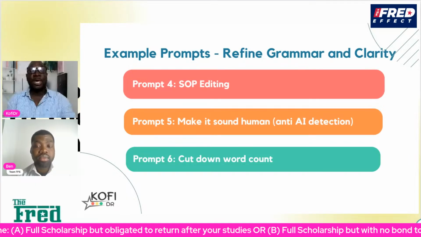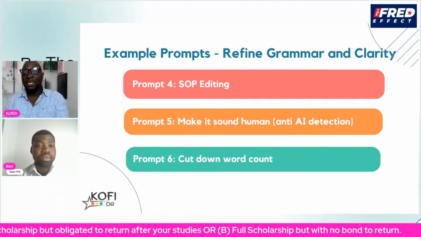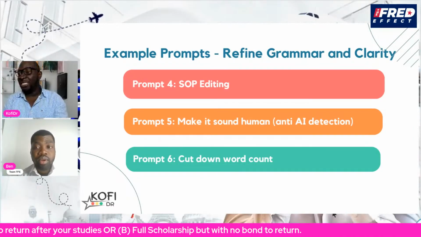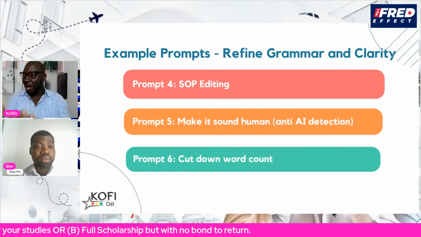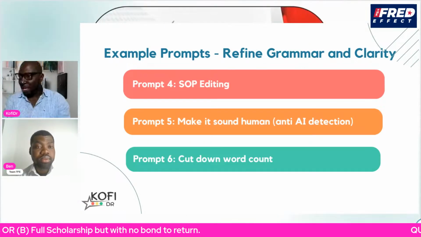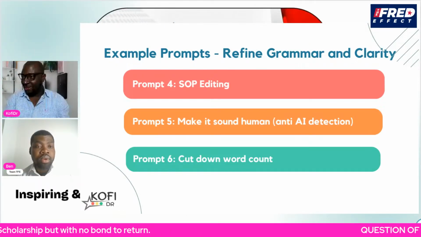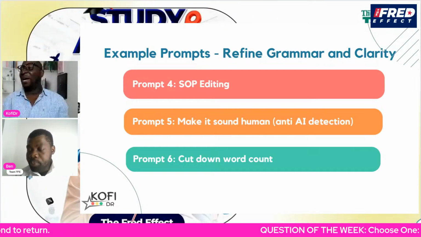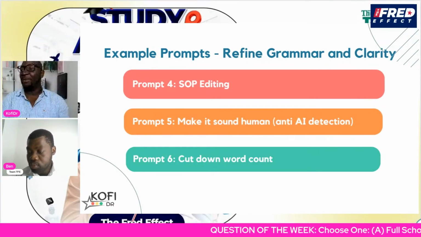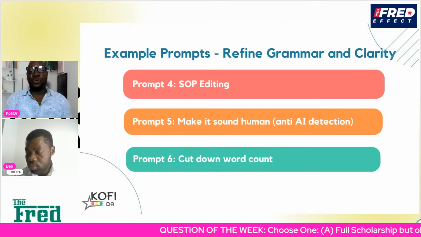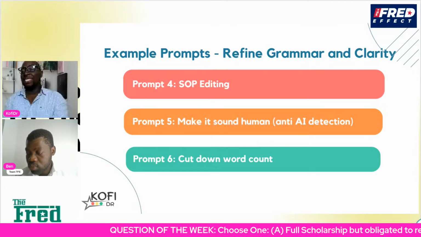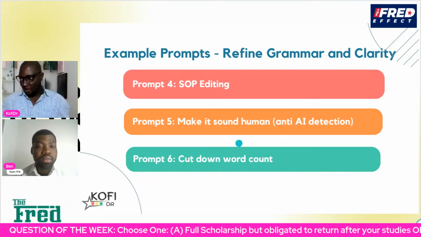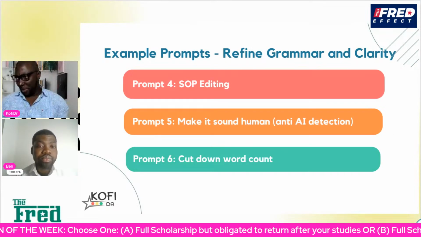But you can use a prompt to make you sound human a little bit, because even if you have all your ideas and your own story, AI can generate a statement of purpose for you which carries your story, but then everybody will be able to know, oh, this was generated by AI, though it has your story. So you can also use it to make it sound human, like we say, anti-AI detection. The prompt you would use for that will be,